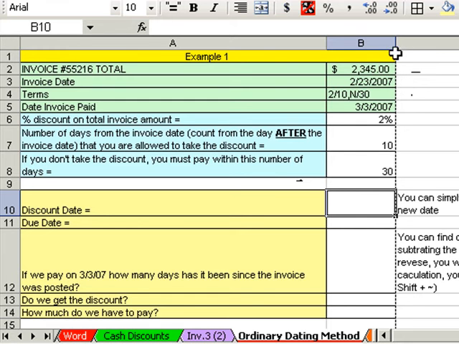Now let's go ahead and click in cell B10. I'm going to show you how easy it is to calculate the discount date and the due date. Now if you remember from the first introduction in Excel and chapter, the introduction, we talked a lot about format. I want you to click on the date right here. Notice, well, let's click on this date right here,